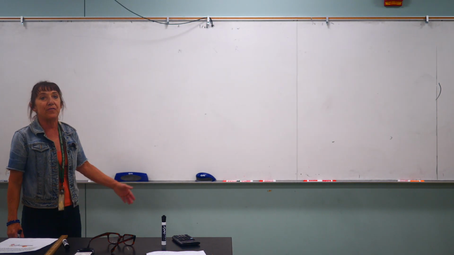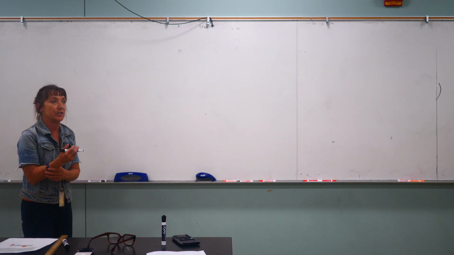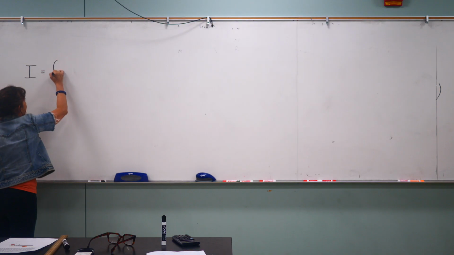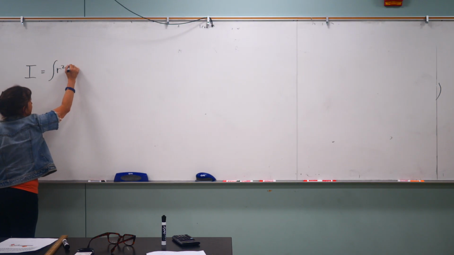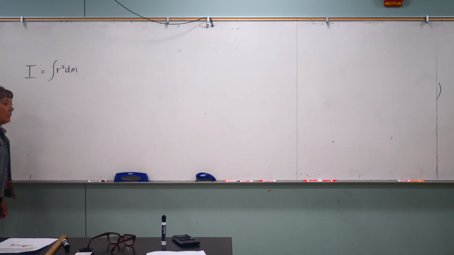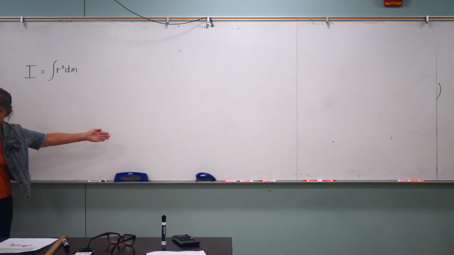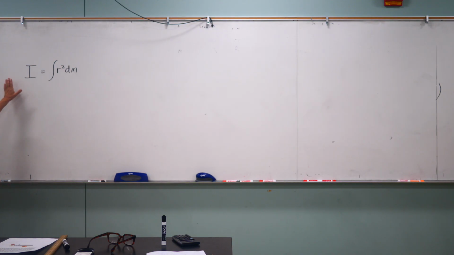Okay, this is how to find the moment of inertia of a solid sphere. Solid sphere, the integral. By definition, it's I equals the integral of r squared dm. Remember, it's all those little pieces of mass with their distance from the axis of rotation squared. So we're going to solve this for a solid